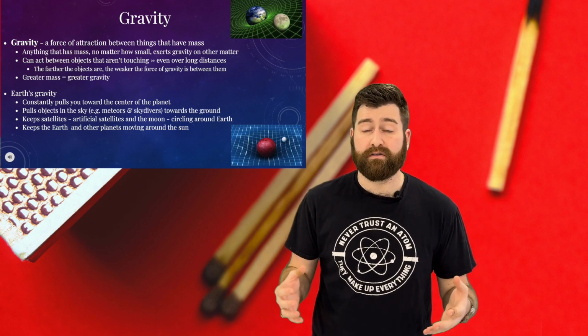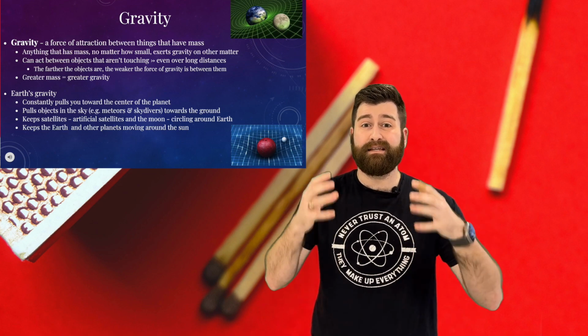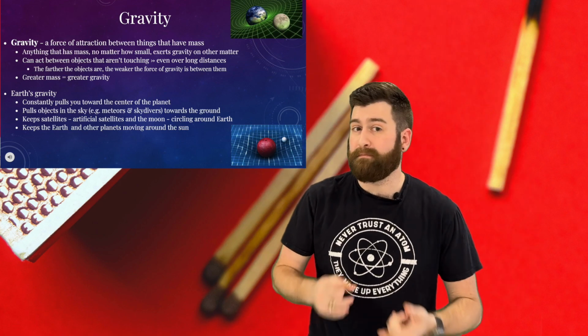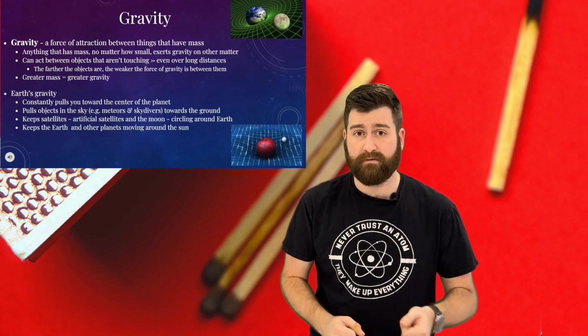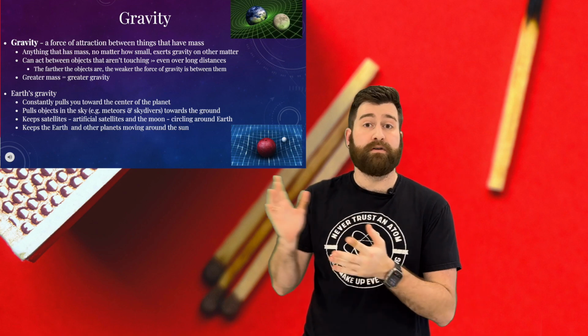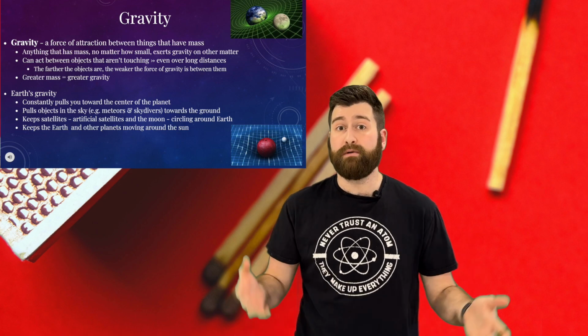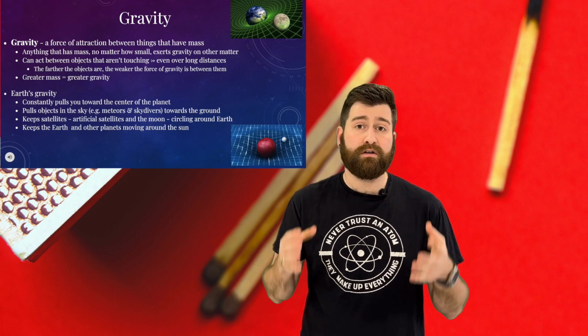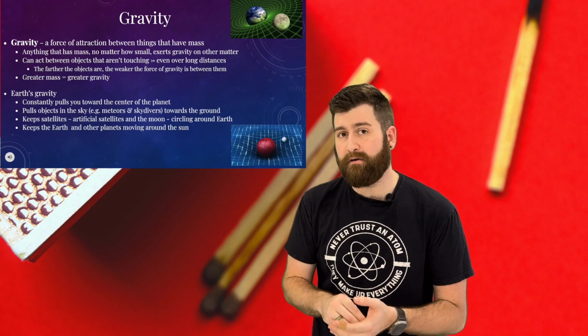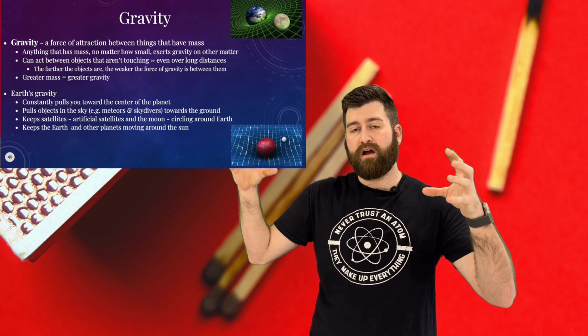This includes the Earth, right? Earth's gravity is constantly pulling you towards the center of the planet. It pulls objects in the sky down, like meteors and skydivers, towards the ground. And at the same time, it also keeps satellites, both artificial man-made satellites as well as the moon, which is a natural satellite, circling around Earth. They're far enough away that they're not going to plummet down,